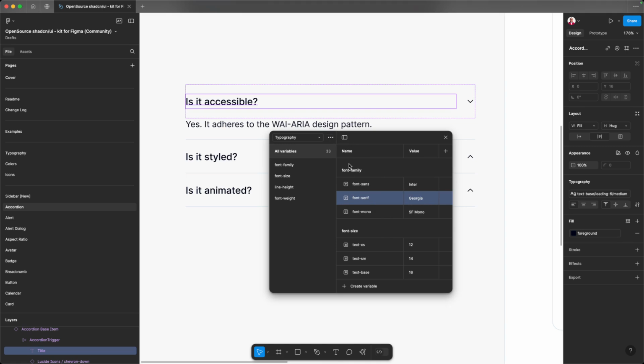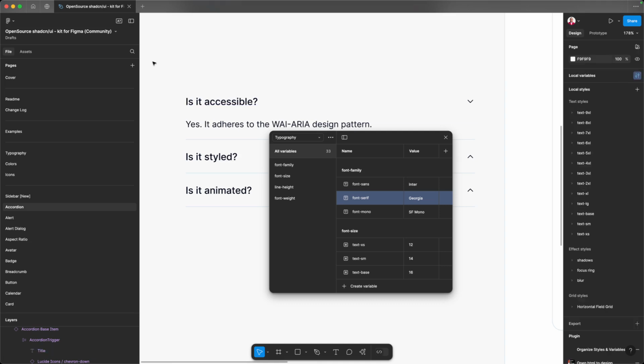Okay, now the next step is we have configured our typography and our colors, and we want to publish this design system so that everybody in our team can use it in their project, right? So the way Figma works is that Figma organizes files into projects and teams. So for you to be able to publish a design system, you have to publish it into a